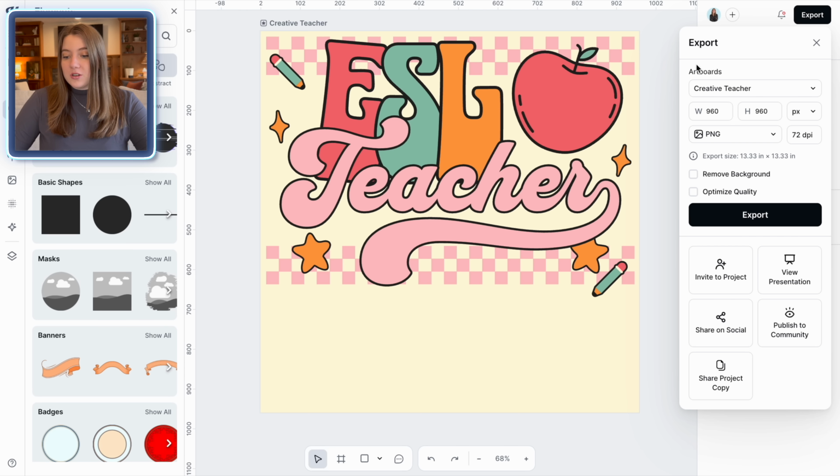Now for your shirt designs, I always like to make sure that they are at least 4,500 pixels wide. So we are going to change this to 4,500 and then we are going to download it as a PNG, making sure the background is removed. That's super, super important. So we're just going to go ahead and click export here and it's going to save